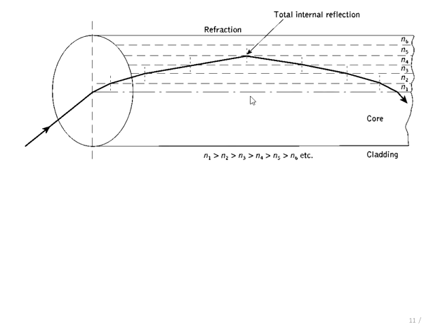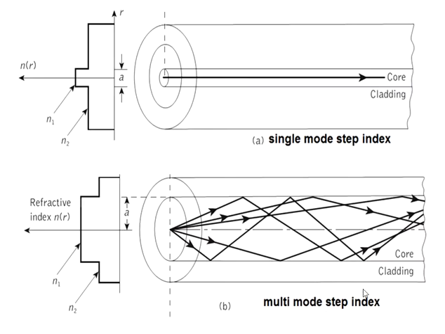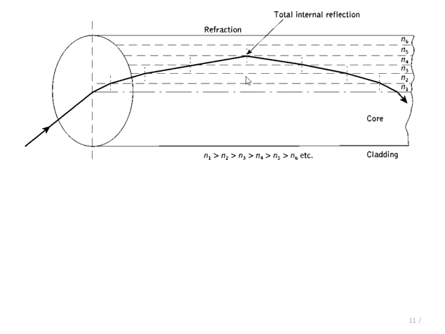Because of this you can observe the ray is not traveling in a straight line path like in the multimode step index fiber. There, rays travel in a straight line path inside the core and then are reflected. But because of these variations in the refractive index, the velocity of rays will be increased or reduced depending on the change in the refractive index, and because of that the ray will follow this curved path, not the straight line path.